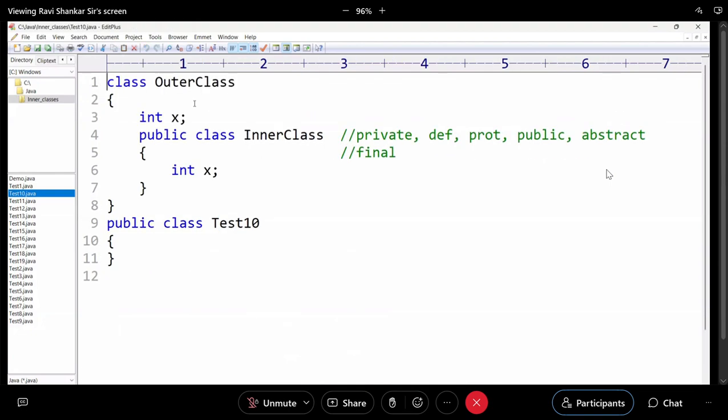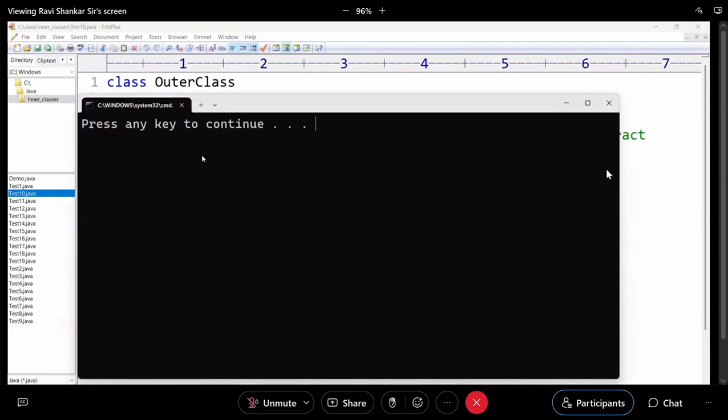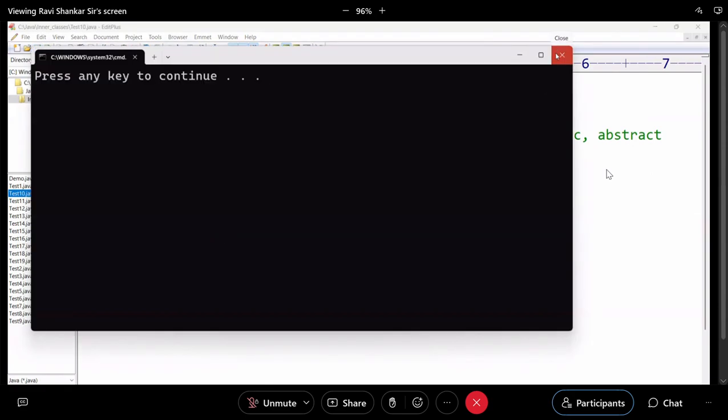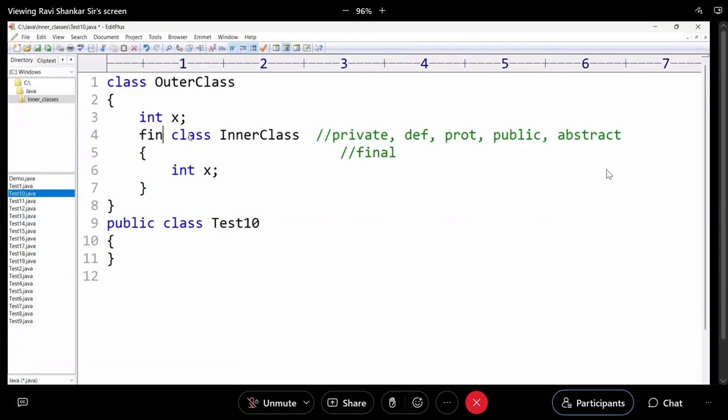And the last program of the day, then we will end this session, and this topic will be completed. Not this one, the 11th one. Not this one, the 10th one. Guys, the last program was Test 9, now Test 10. What is Test 10? Very simple. Sir, can we declare an inner class private, default, protected, public, abstract, and final? Yes, look. Here I have taken public, only the main method is not there. Compile. Take private,